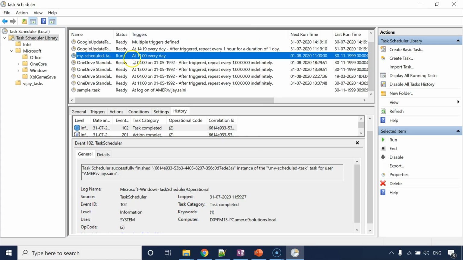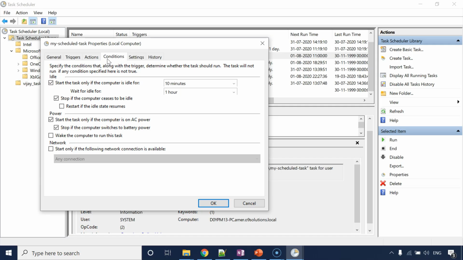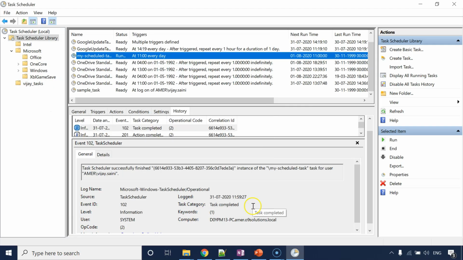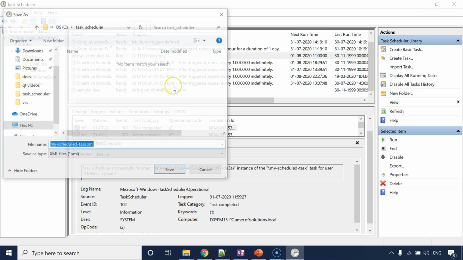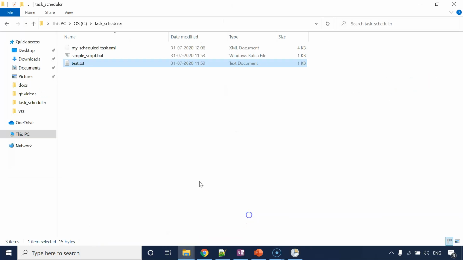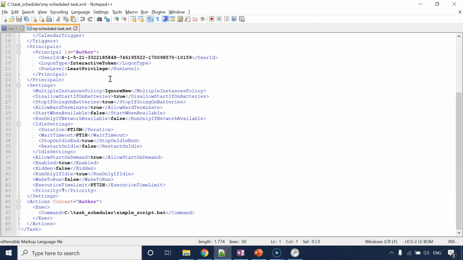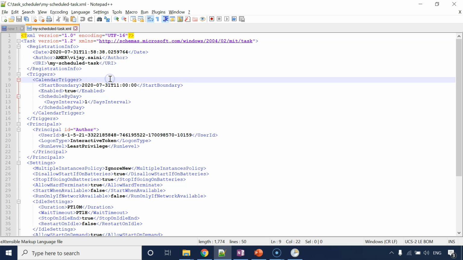All right, so let's say we created this schedule task with all different settings, and you have to replicate it on 10 different systems. You don't want to go through each of these settings and spend some 10-15 minutes on each system. So what is the better way of doing this is you can export the task like this. Save, and if you go there and open this, you are able to see your scheduled task in XML format, which can be later imported to any of your system.